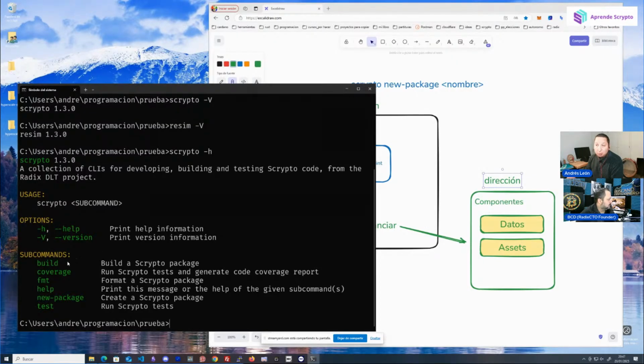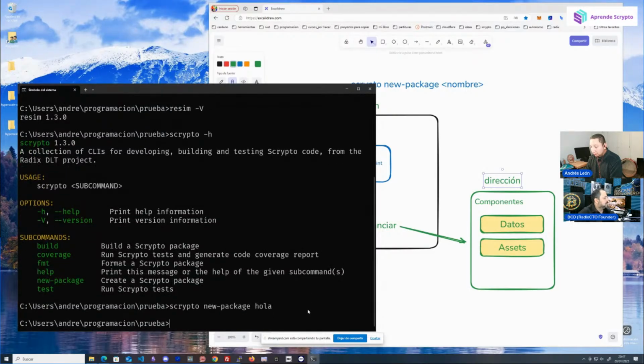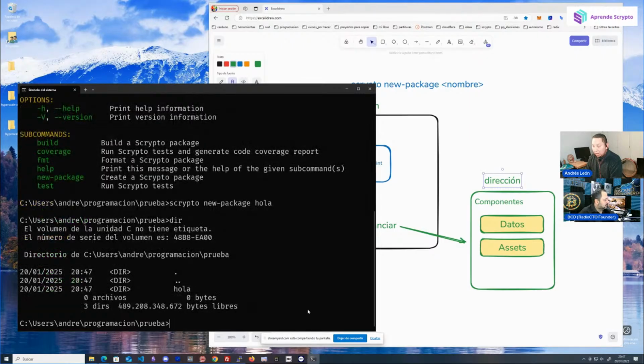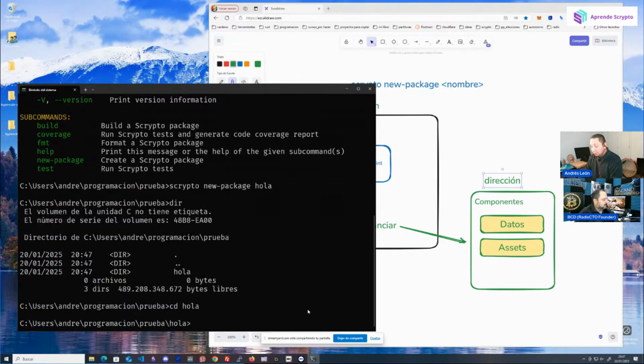Well, so the first thing we saw the other day that we had to do when we wanted to start programming is, and we have seen it before, scrypto new-package. And the name, for example, we are going to say hello. And now, if we enter the folder and do a dir, we see it created a folder, hello. You know that in each operating system it is different, okay? And here, if we list again, you will see that we have several folders, okay? And several files. If we go to Visual Studio,